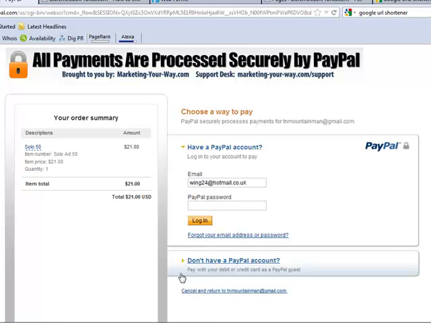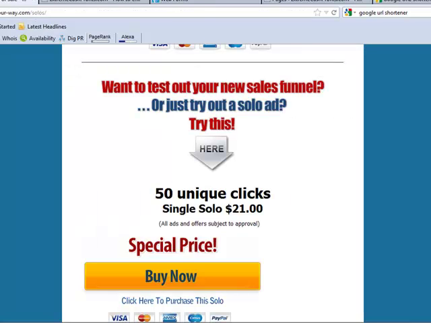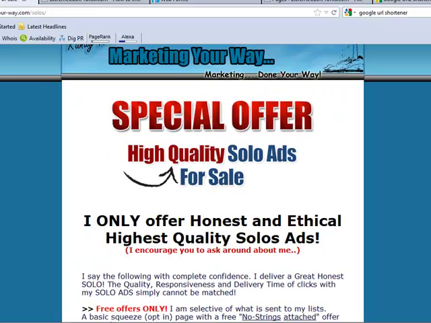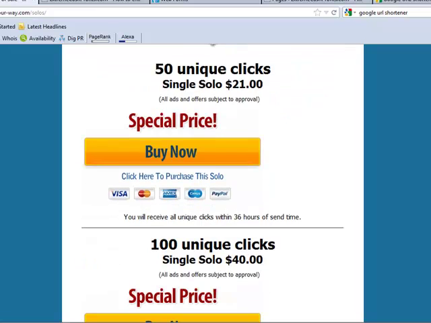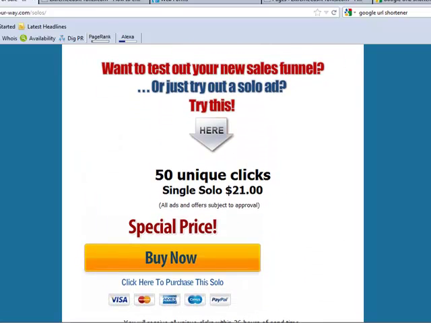So if your squeeze page converts at maybe 30 to 40%, you should get 20 to 30 subscribers. So it's a good way of finding out and making sure that your sales process and your sales funnel works how it should. So what we do is buy the ad, and then once you've bought the ad, you will get directed to a download page, and then what you have to do is email the solo ad provider owner, which in this case is Randy, and I've messaged him before when I purchased one of his solo ads. And then what you do is you have to give him your squeeze page URL so he can check it out, and obviously tell him what you're giving away for free,